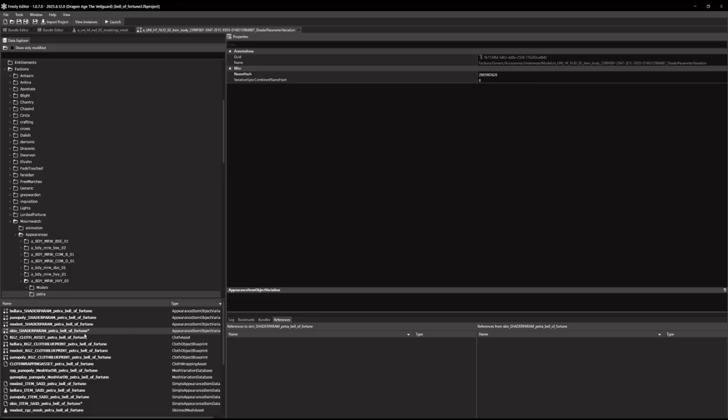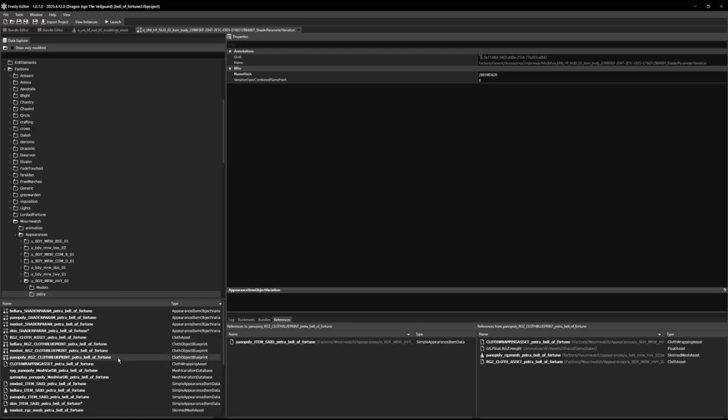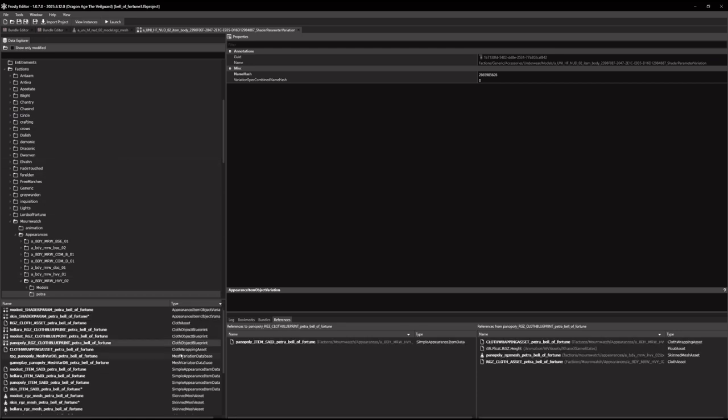Okay, so we are going to be very sneaky about this. We are going to find a cloth mesh, and we're going to duplicate just the object blueprint